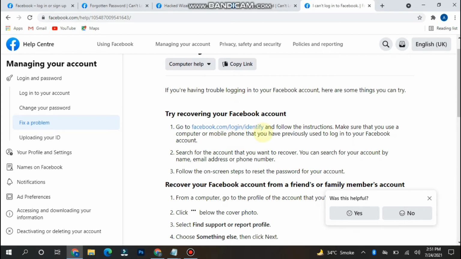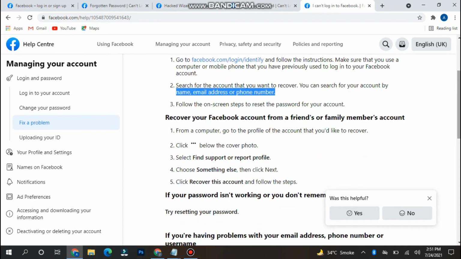Make sure that you use a computer or phone that you have previously used to log into your Facebook account. Search the account that you want to recover. You can search for account by name, email address, or the phone number. So let's try with the phone number to get back your Facebook account, and follow on screen steps to reset the password, or you can simply recover your Facebook account.